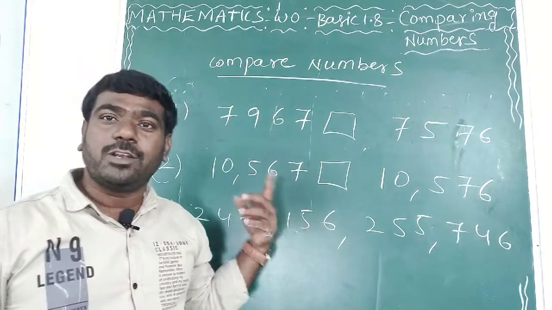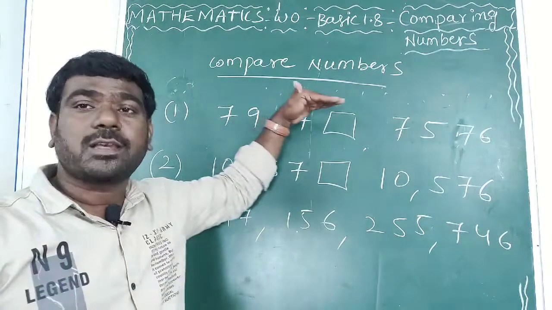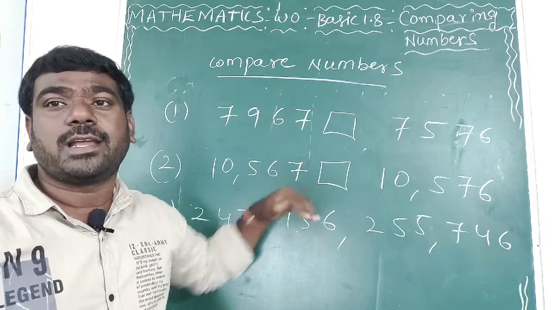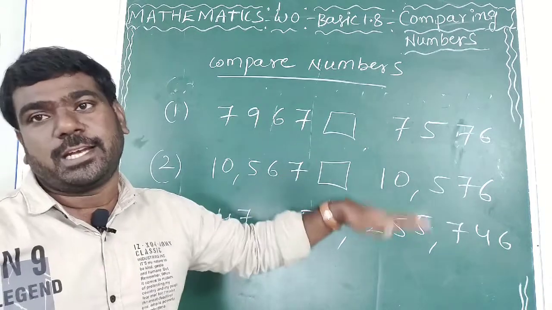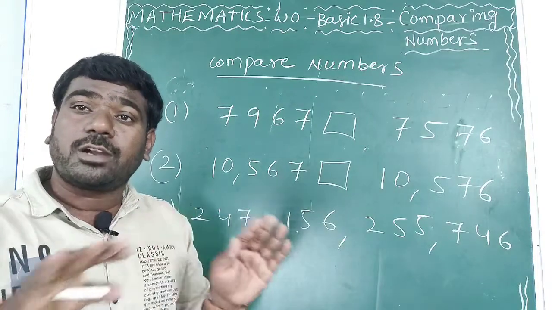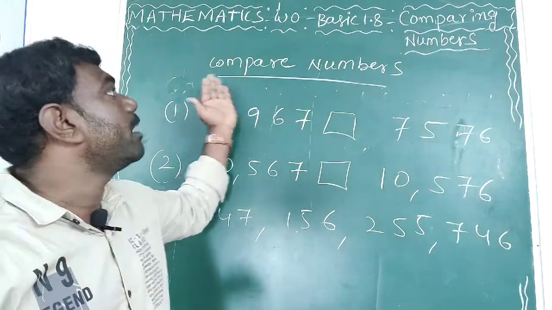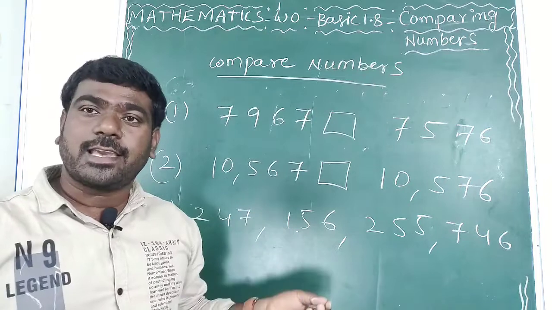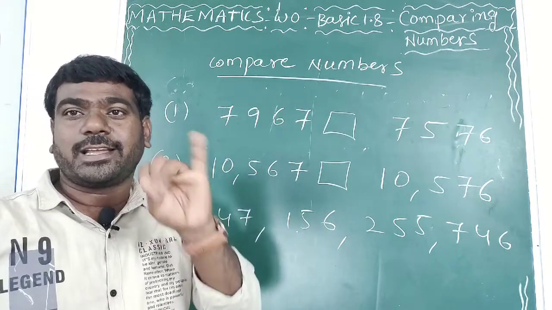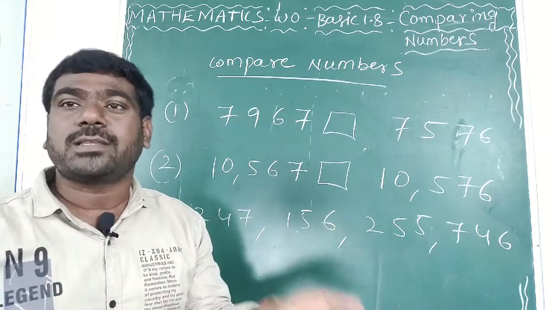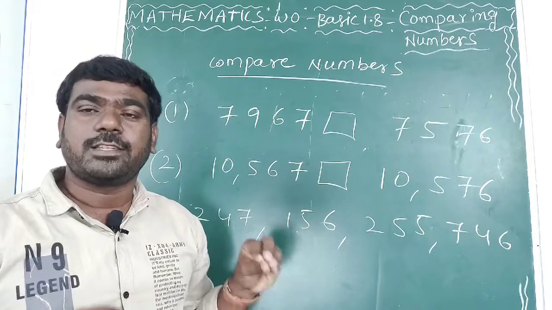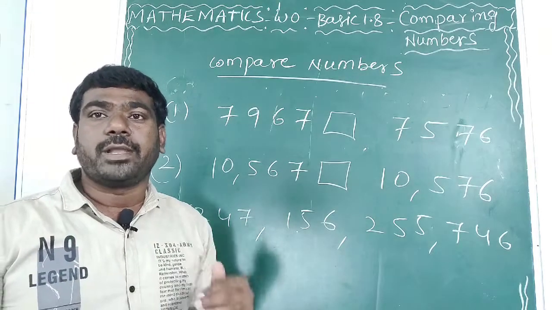Sometimes in the question they will mention which numbers are greater, which numbers are equal. Sometimes they will mention to write the given numbers in ascending order or descending order. Sometimes they will not mention; they will only say compare the numbers. In this case, how to decide? Two numbers means lesser, greater, equal symbol. More than 2 means either ascending order or descending order we have to write. This is the process of comparing numbers.